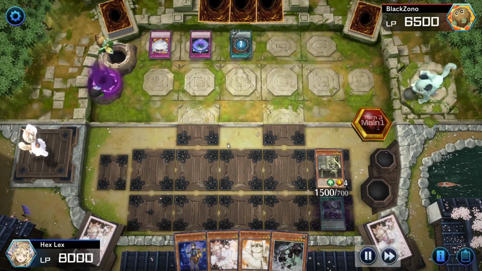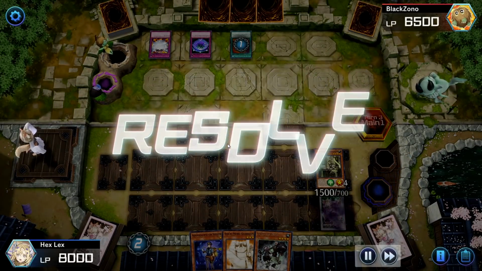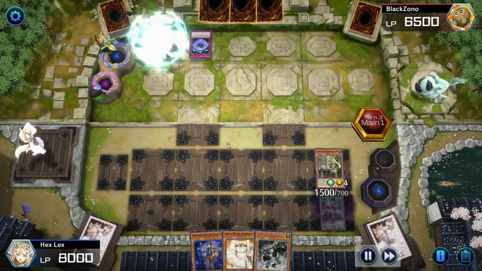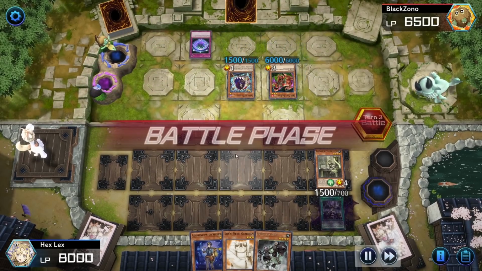They're going to Extravagance here. I'll go ahead and Ash it because obviously I don't want them to get any more extra draws than they need. And of course, as now a card was sent from the field to the graveyard, they lose their Vanity's Emptiness that they just flipped. So we do still have the Summon Limit to contend with, but...